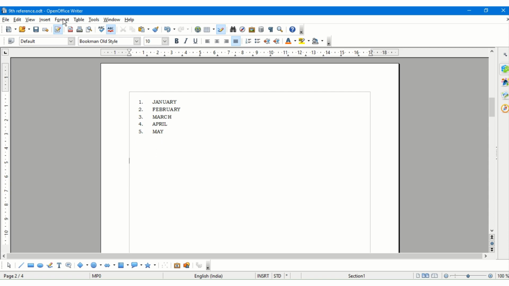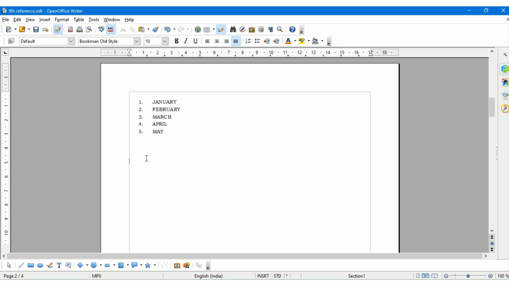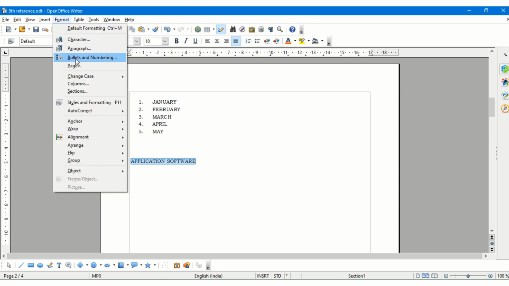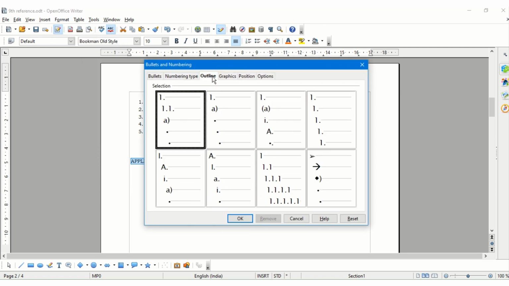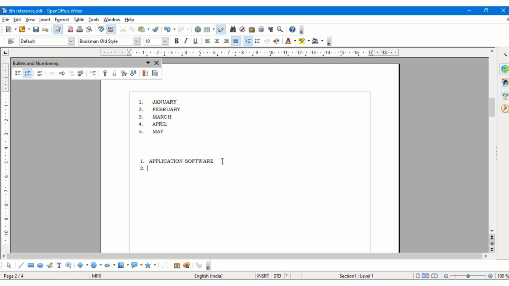Now when it comes to having outline numbering, there is a method of doing it. What is the meaning of outline numbering? We will see in advance. Suppose I have got application software, and under this I want to write down in different bulleted points. Here I want to give this as a bulleted list. So I select this and I say format bullet and numbering, and this time I select outline numbering, and in this one I select. Now when I press enter and I press tab button, it will give me this